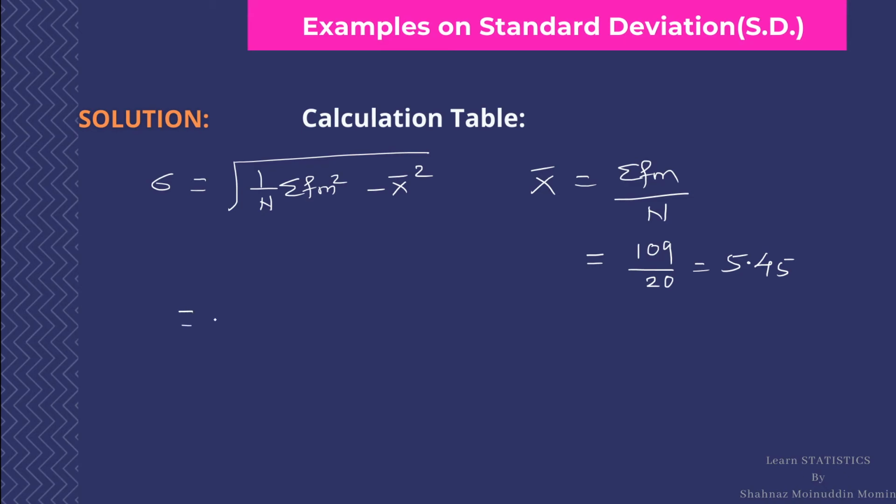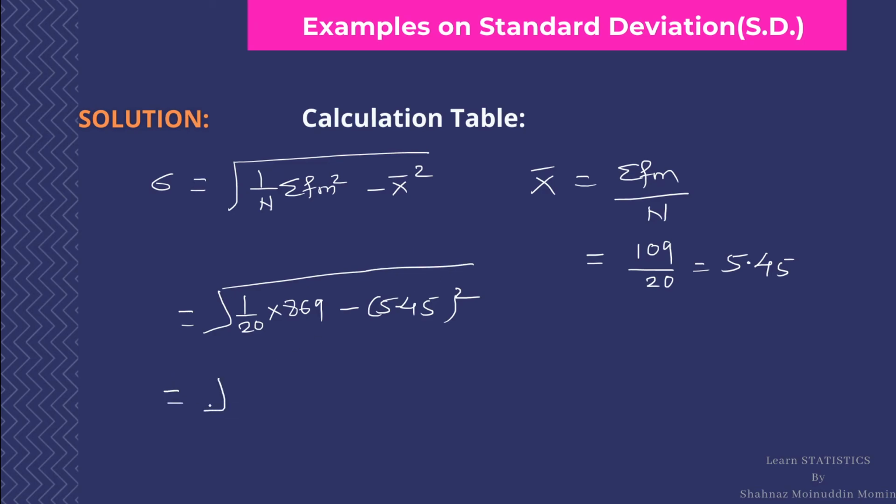By substituting in the sigma, we get 1 upon 20 into 869 minus 5.45 whole square,